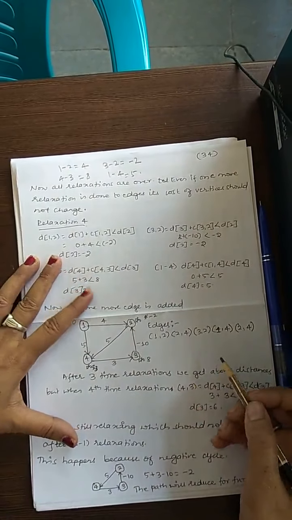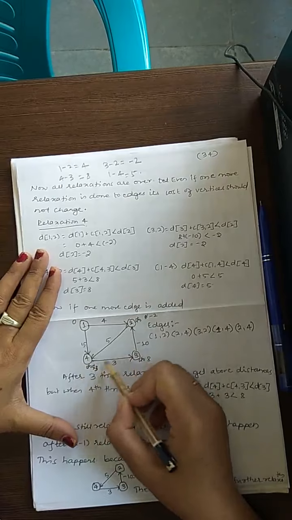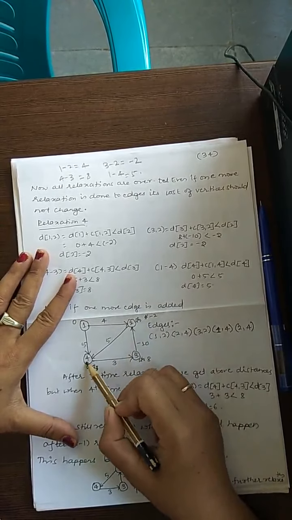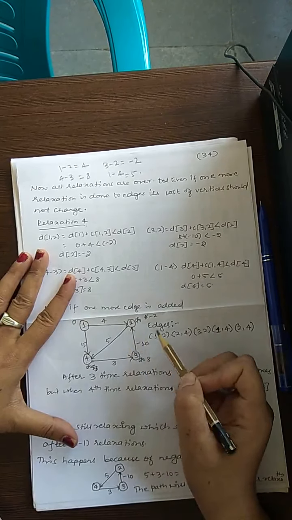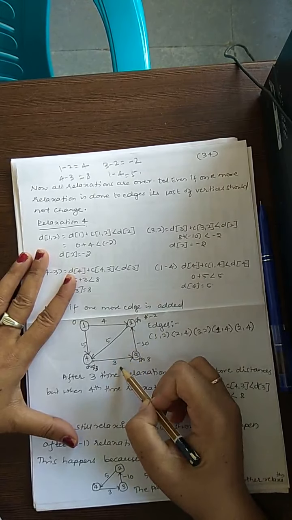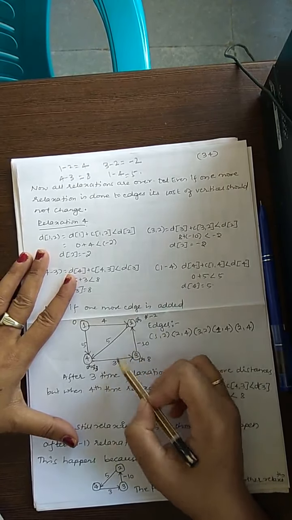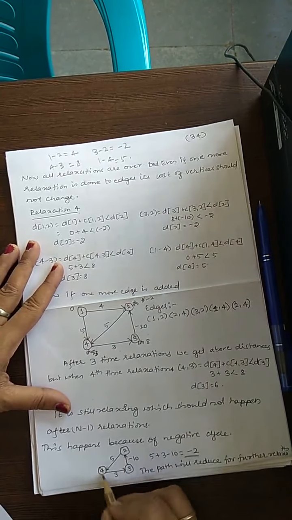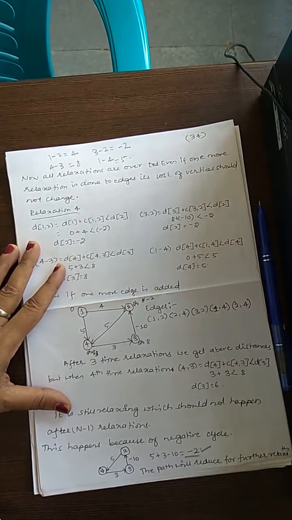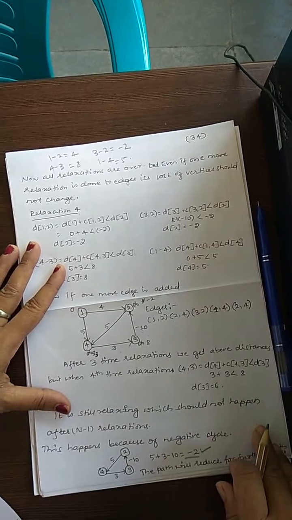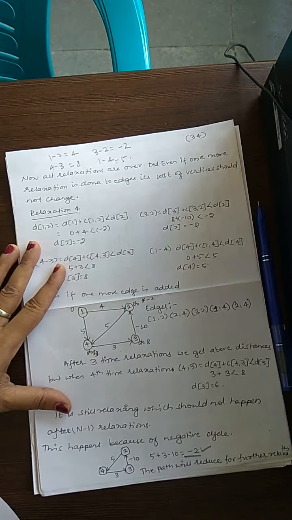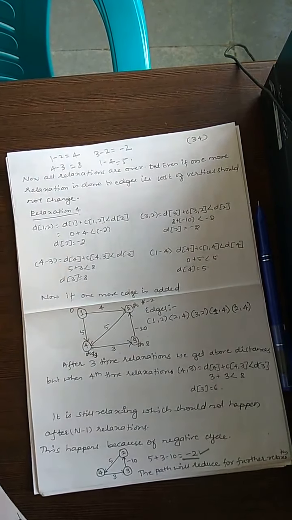We can find out that in a graph there is a negative cycle. Now see here, from 2 to 4, 4 to 3 and 3 to 2. So 5 plus 3, 8, 8 plus minus 10 means 8 minus 10. What is 8 minus 10? We are getting minus 2. So if there exists a cycle of negative length, then the Bellman-Ford algorithm does not give the correct results. If there exists a cycle whose sum of lengths is negative, the Bellman-Ford algorithm does not give the correct results. So this is the disadvantage of Bellman-Ford.